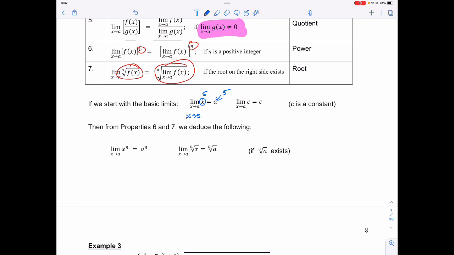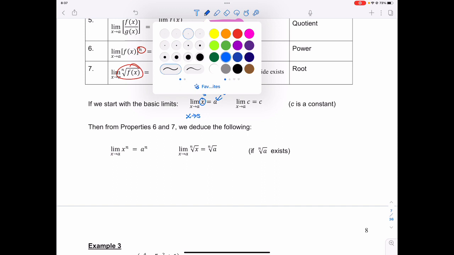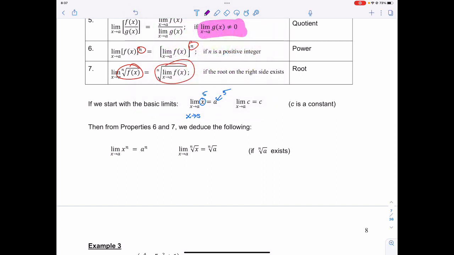The limit as x approaches a of a constant is just going to be that same constant. So if I said that the limit as x approaches 2 was the constant 5, then that has to be the same as just that constant of 5. When we use properties 6 and 7 using the power rules and the root rules,